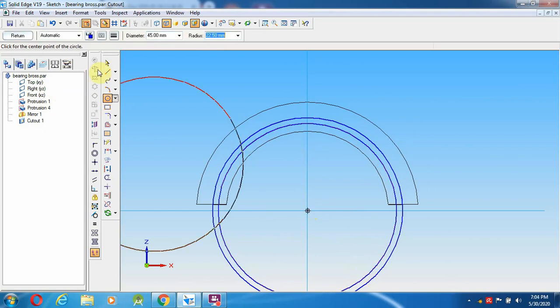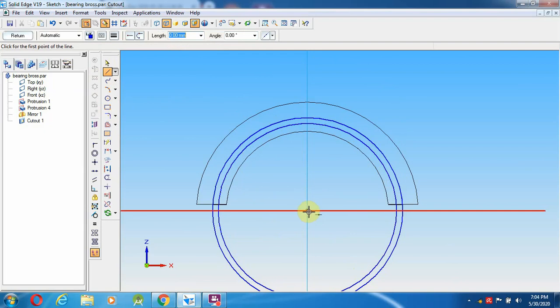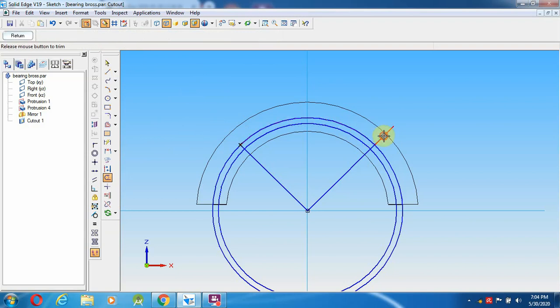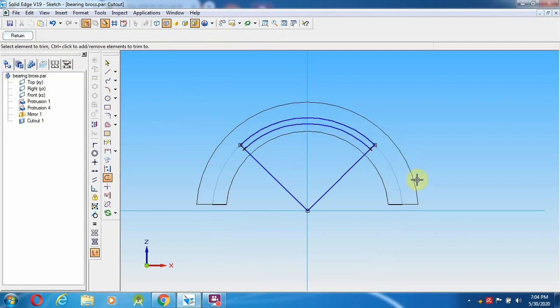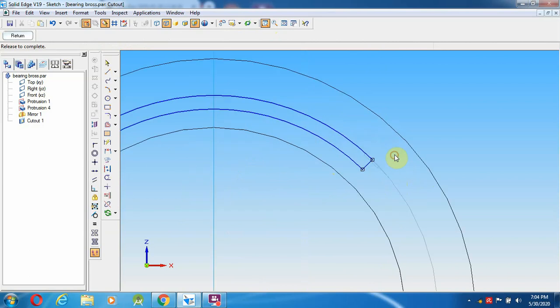mm. So after this again select a line from here to the line 45 degree over here, and select from the other side 45 degree, sorry, not 45 degree, 135 degree, then trim. So this is a thing, as well as here it has to be trimmed over here, even this also. So now in this one it is like a curved shape, small.